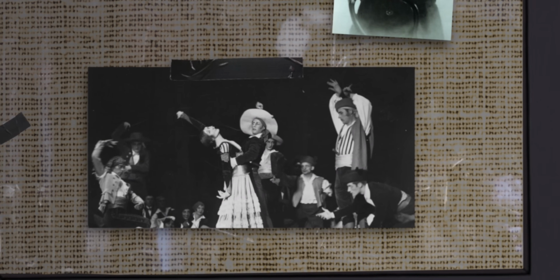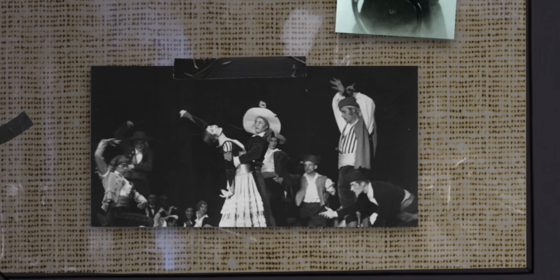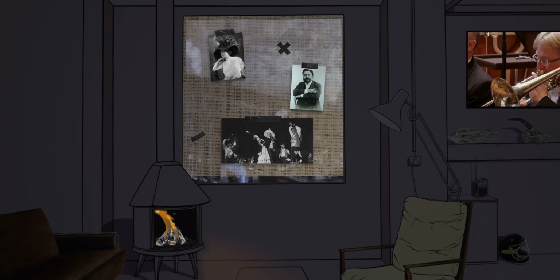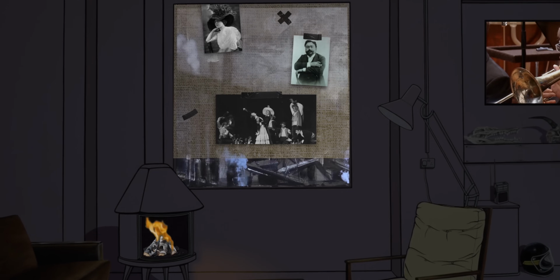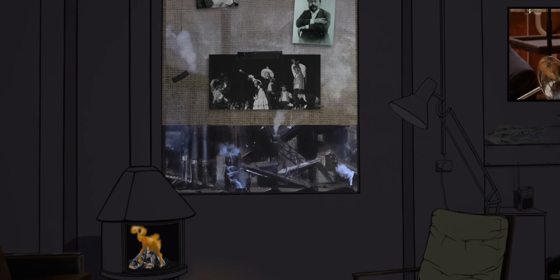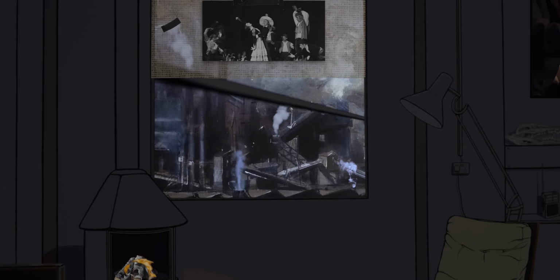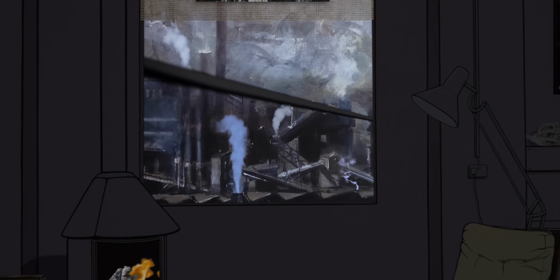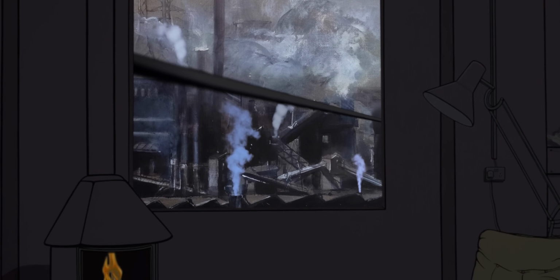Bolero was first performed at the end of 1928 at the Opéra Comique in Paris, danced by Rubinstein, with choreography by Bronislava Nijinska, with the setting for this performance being inspired by the ballet's Spanish roots. But Ravel had a very different setting in mind when writing this piece. Bolero, in his own words, owed its inception to a factory.